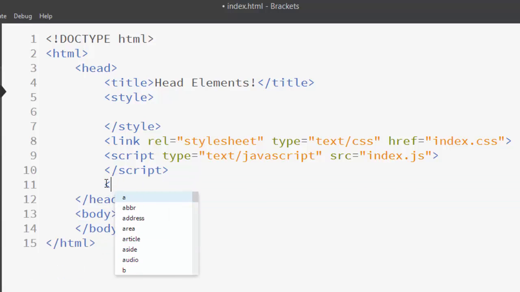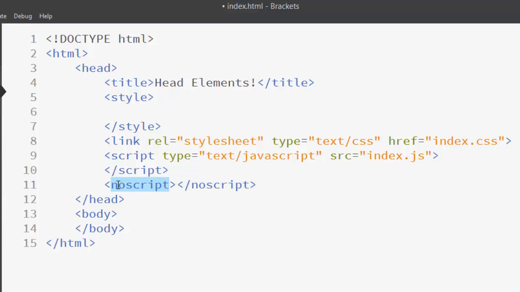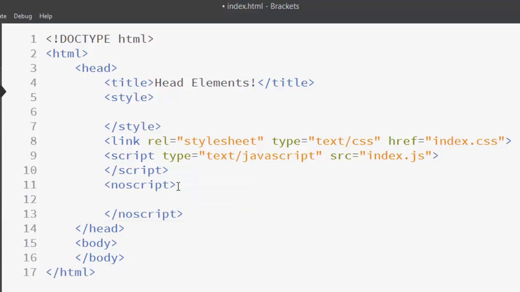The next element is the noScript element. The noScript element is a pair element, and it is used to set a text which will be shown if the browser doesn't support JavaScript, or maybe it's disabled by the user. So the text that will be inserted between the opening and the closing tag of the noScript element will be shown if there isn't a JavaScript engine running in the browser,